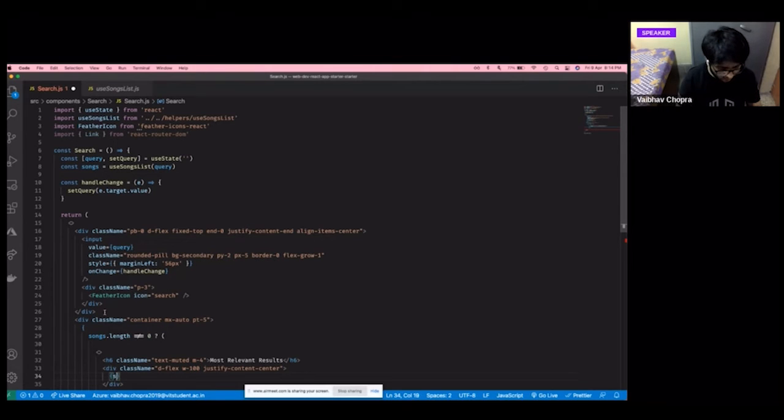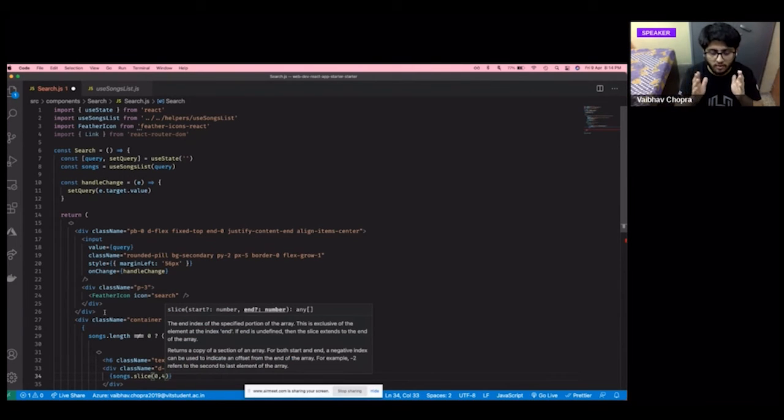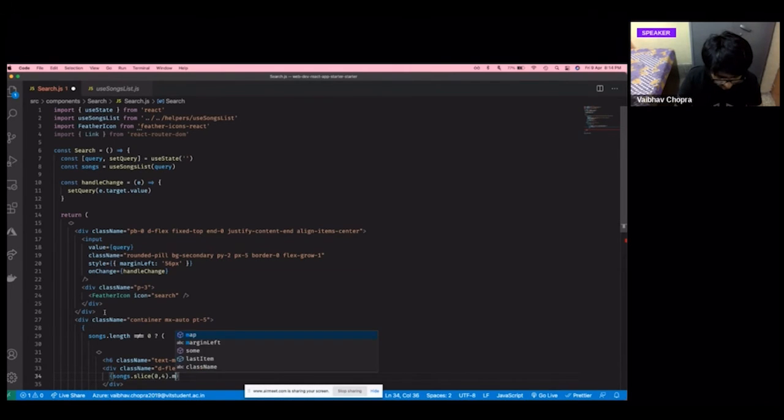Again, I'll iterate using map. Like I said last time, map is used for iterating over stuff. And I'll pass 0 to 4. Here 0 to 4 means that I want to start from the 0th element and I want 4 elements. So that's what it does. I'll map over the sliced array, and I can iterate and get a song.